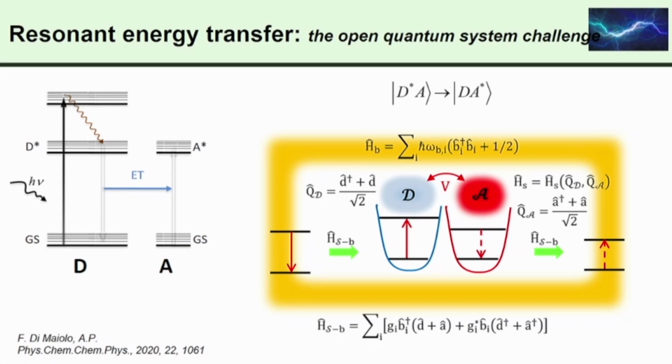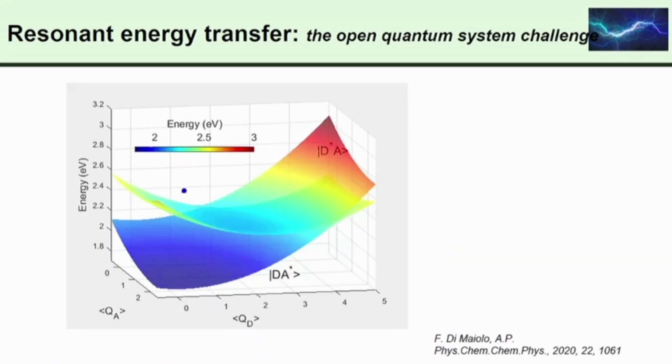So the idea is to take our donor-receptor system and put this into a thermal bath, something that can accept energy. And this led us to something beautiful, at least something that I love a lot. So these are the two potential energy surfaces for the excited donor or for the excited acceptor. What we did is to excite the system from the ground state to create a coherent state,